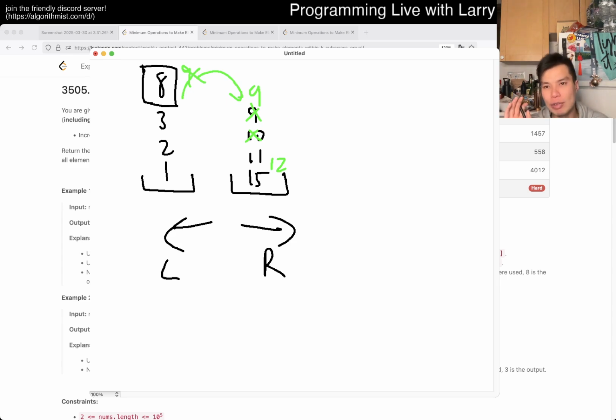And it turns out from this, you could get the cost very easily. This is the one thing where I had all the components, but honestly, I just wasn't able to put them together because I was thinking about the heap solution, but I wasn't thinking about the heap using a sorted list. But now that you have this, it becomes a little bit easier. And why is that? Because you can keep track of this left sum, and you can keep track of the right sum. Why does that help? Because then you could get the cost